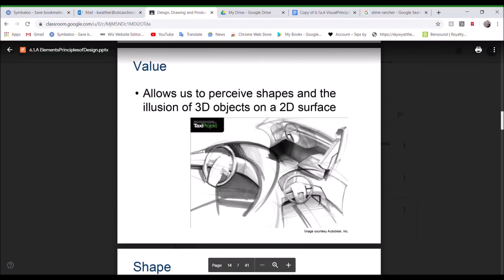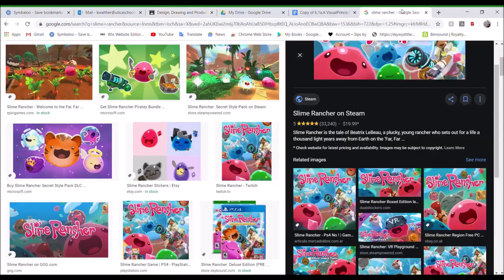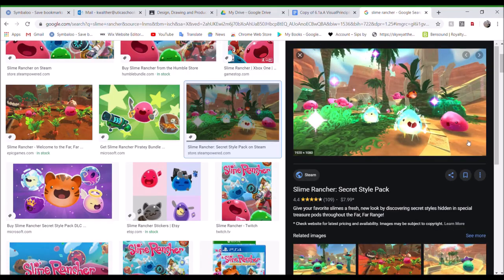So value allows us to perceive shapes and illusions of 3D objects on a 2D surface. So Slime Rancher, clearly 2D. However, I can see, for instance, I'm pointing at this right here. You see how there's a shadow? That helps with value. Because this is clearly 2D, but because of the shading, the way things are differently colored,